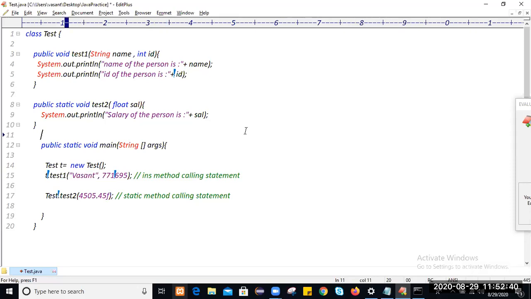Okay, that is the line. Write down: we can pass arguments to the method during method calling.